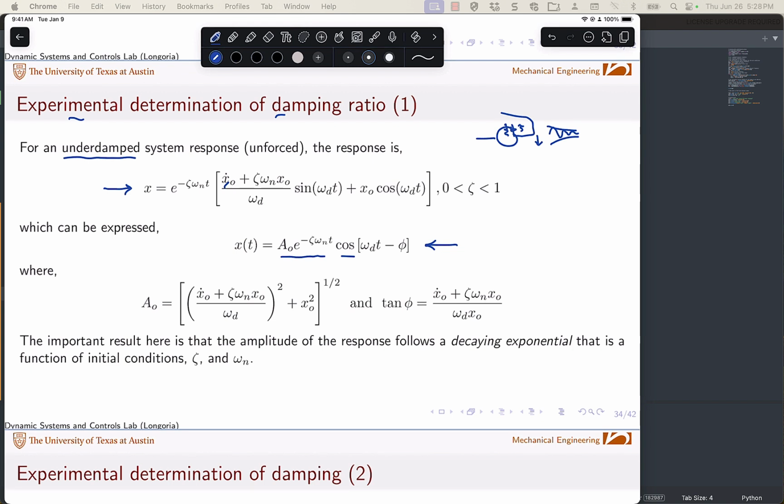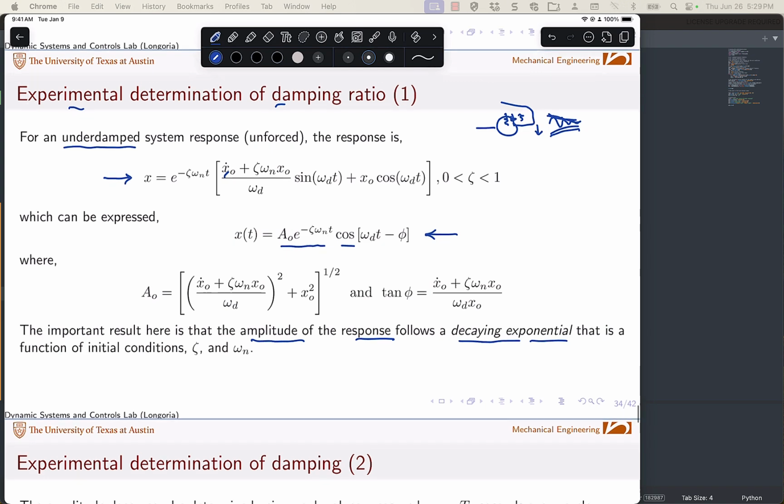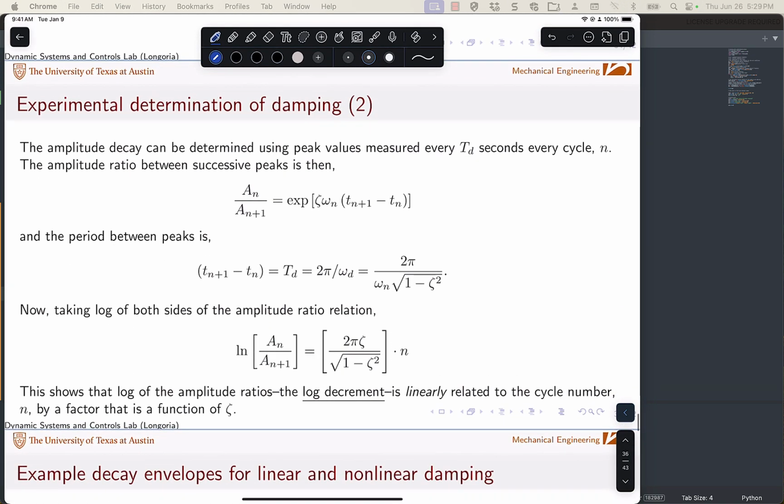And it turns out that, and I won't go through the details here, you can look at the slides, all you have to do, in fact, to estimate zeta is really just measure the peaks, all right? So the amplitude of the response. All you want to do is measure this envelope, which follows a decaying exponential, okay? And it's a function of the initial conditions and zeta, right? So you can show that the amplitude decay can be determined using just the peak values every tau d